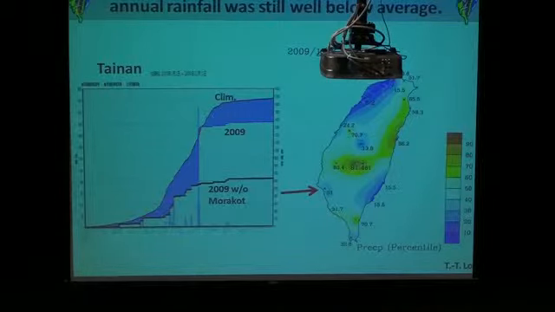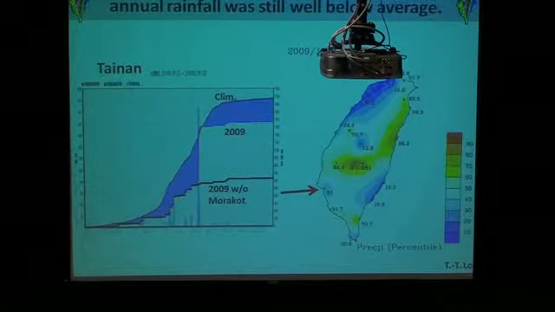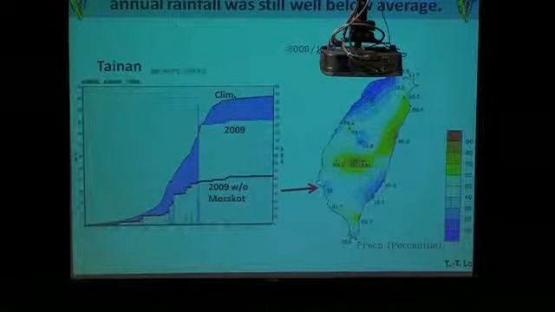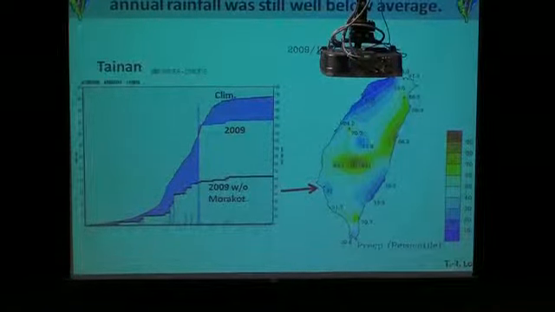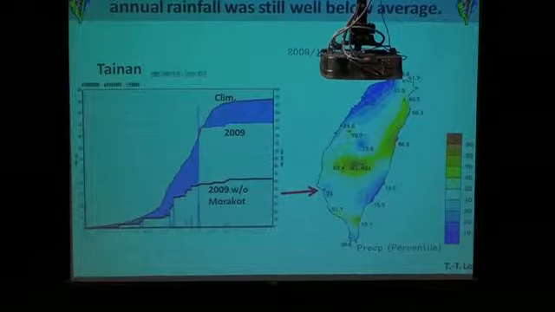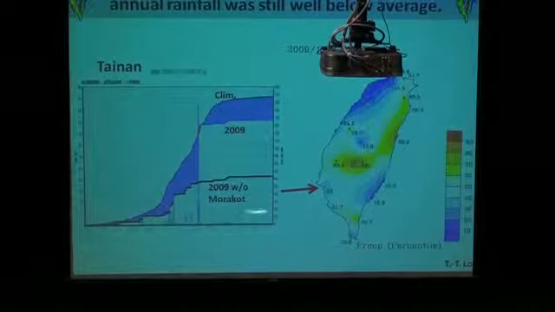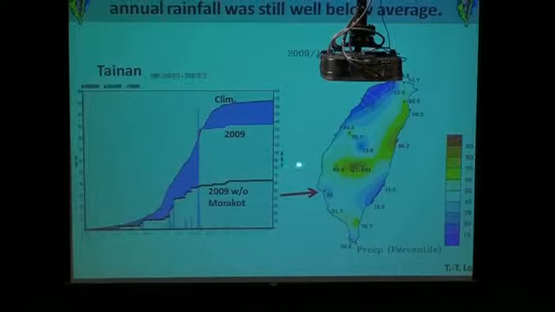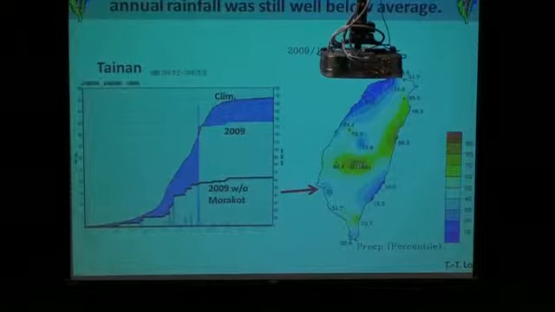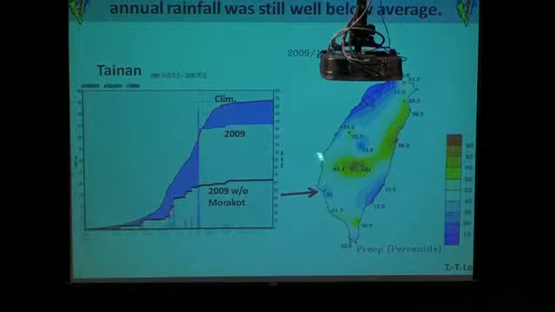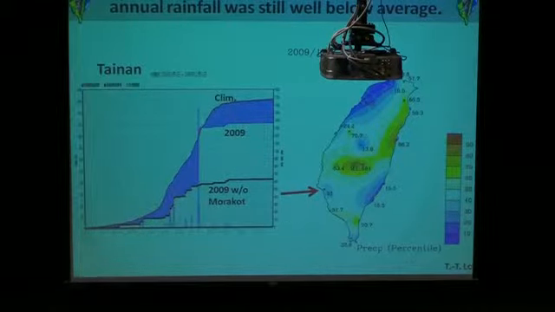And if you remove the rainfall produced by Morakot, because most of this rainfall was not kept, it was going into the Taiwan Strait. It was gone. It was not kept on the land. So if we remove Morakot's rainfall, this is the rainfall we got: less than half, probably slightly over one third. So this happened in many stations in Taiwan.